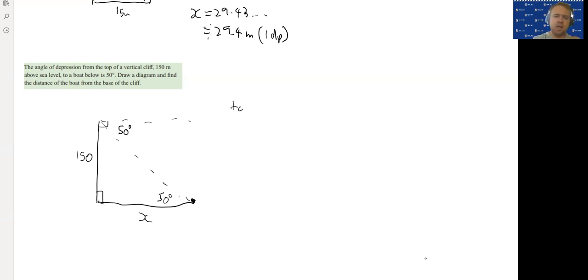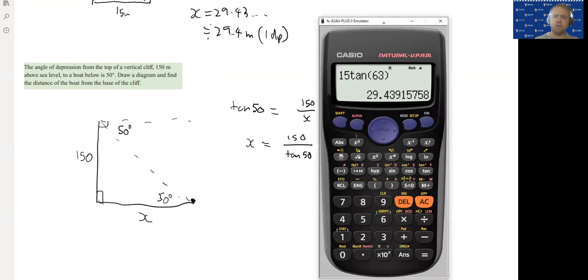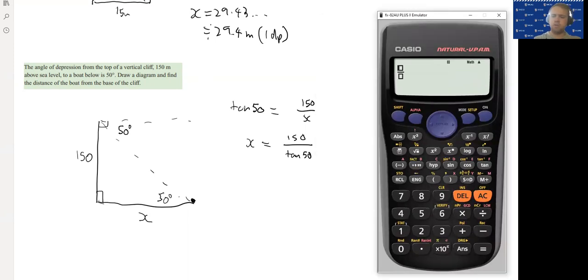So tan 50 is going to be 150 over x, and then I can cross multiply to get the unknown on its own. So I times both sides by x and I divide both sides by tan 50 and I get that. And then now I can plug that into my calculator. So 150 divided by tan 50